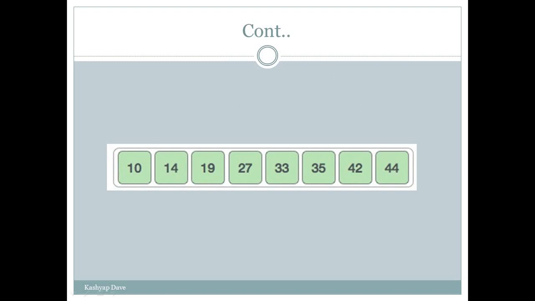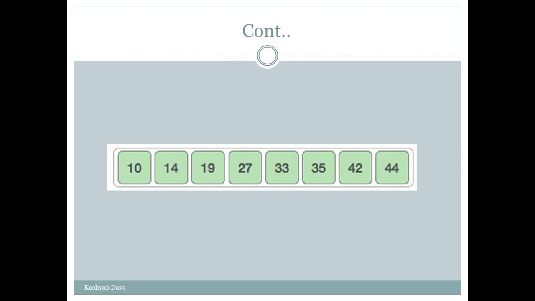So this is the working of the selection sort algorithm. The selection sort algorithm will divide our given list or array into two parts. First is the sorted list and second is the unsorted list. At the beginning, our unsorted list will be the full array and the sorted list will be empty. Starting with the beginning element, we will compare it with every element of the unsorted list, and finding the minimum element, we will place it at the beginning index.